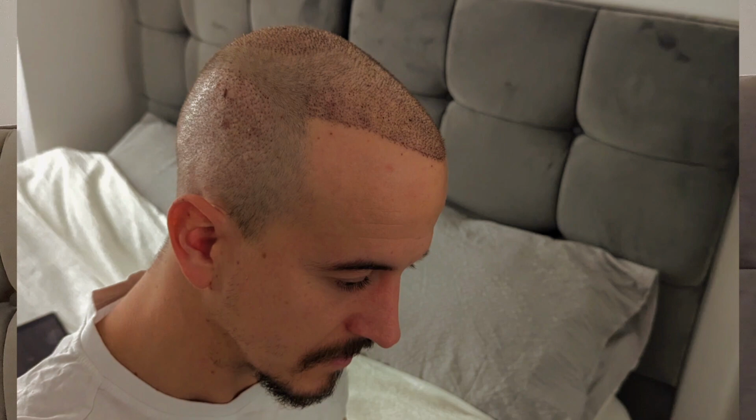The scabs on the side of the head came off by around day 5, so they healed very fast. The scabs on the top of the head were off even before day 10, so the healing was really fast, maybe with the sapphire blade. So I didn't have any scabs from day 10 when they told me to start washing the scabs off, which was interesting. However, I'll put the pictures up now of the days,